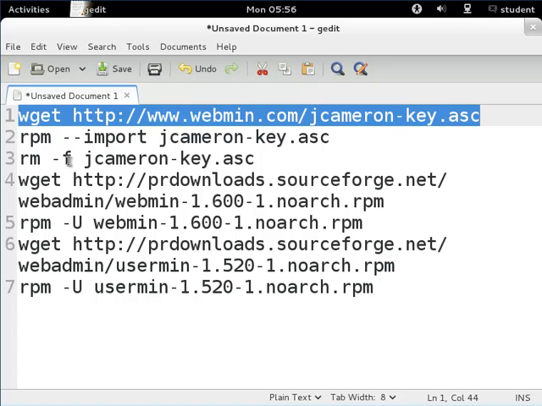And that removes it from the actual directory when we downloaded it. Remember, it's already been installed with the import key command here, so it's not like it's disappearing from the system. It's just we're cleaning up afterwards here with this rm command. Now the wget is http://prdownloads.sourceforge.net, and then we're going